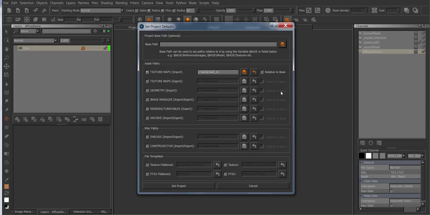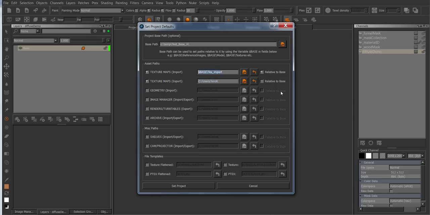To continue, we have this project base path up here, and that is a root path for your project that you can use to set other paths relative to it. For example, in my case, I'm going to enter test A again. Actually, let's name this test base A, and then I'm going to configure other paths relative to it. I'll enter the variable for the base path, which is just $base. You might have noticed that when I typed in $base, this relative to base turned on automatically. So now I can just type text import,